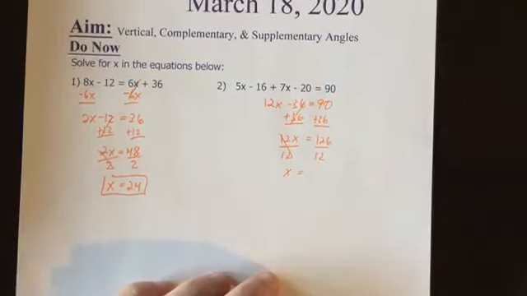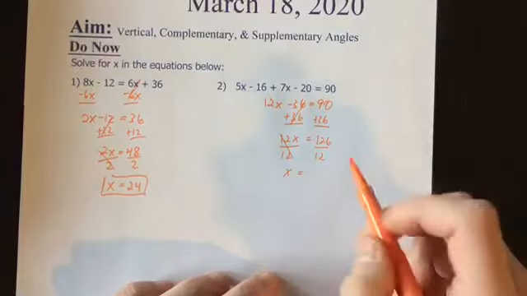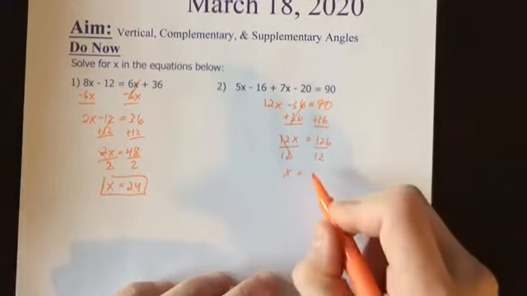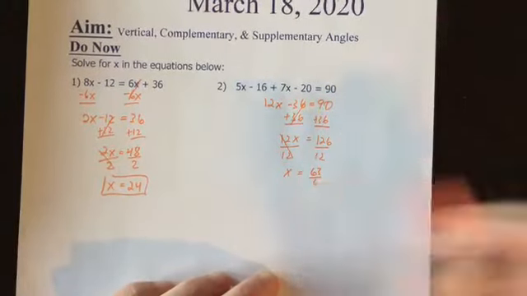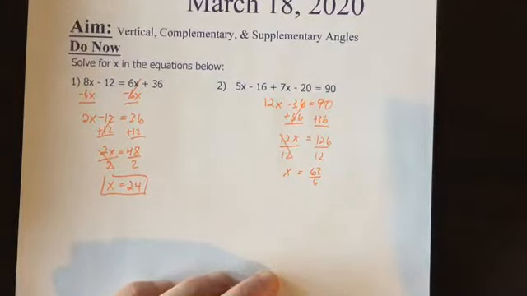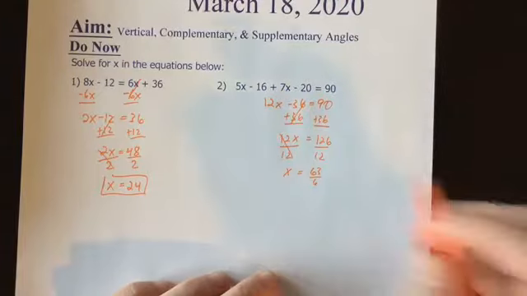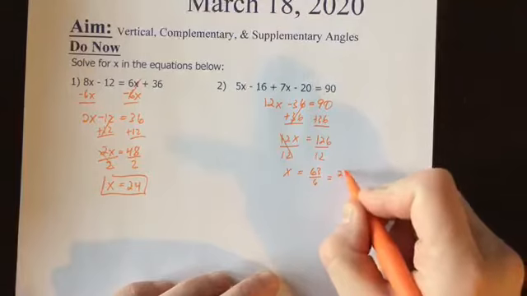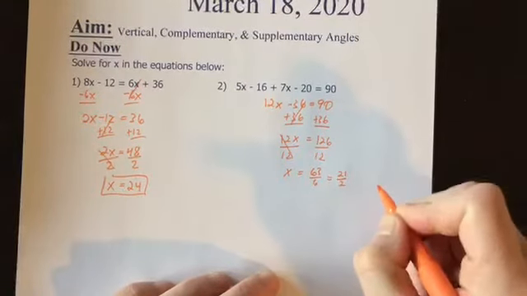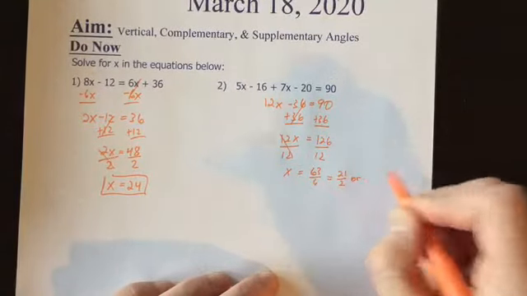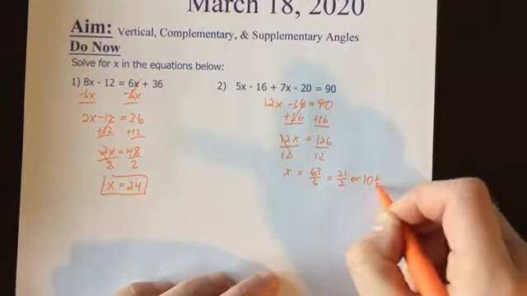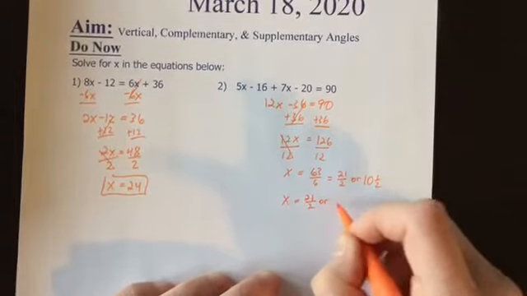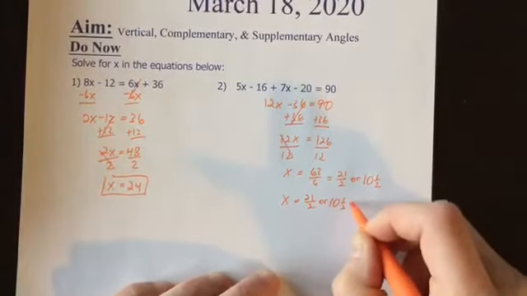So if we reduce, figure we take out 2, that's going to be 63 over 6, which are both divisible by 3. So that would be 21 over 2, or 10 and a half. So let's say x equals 21 over 2, or 10 and a half,